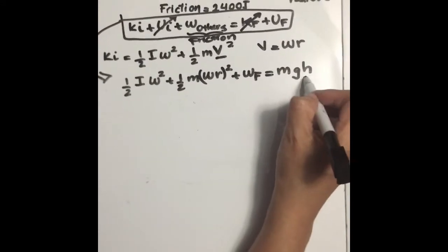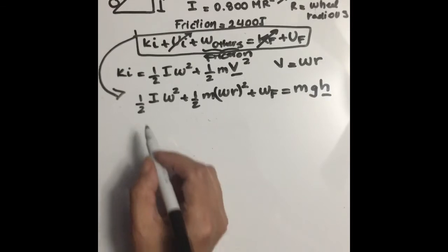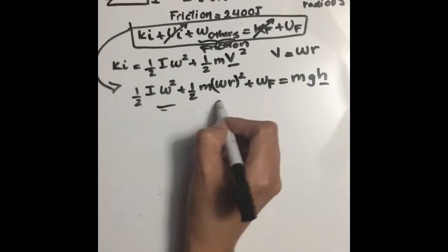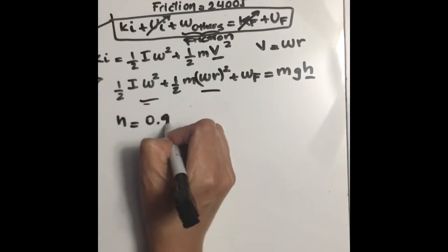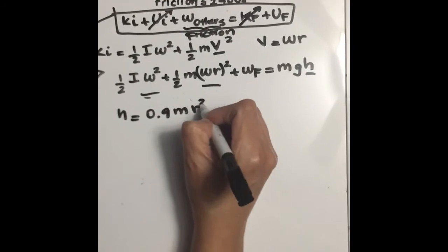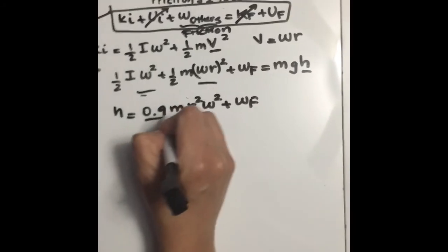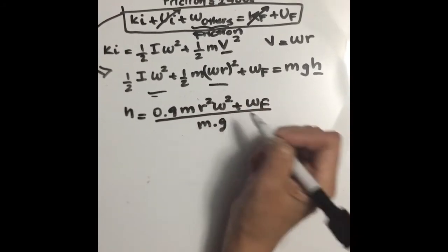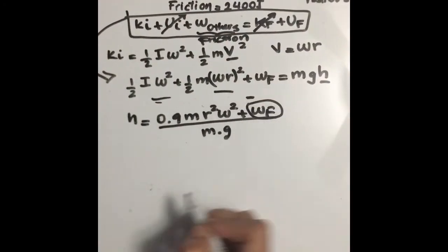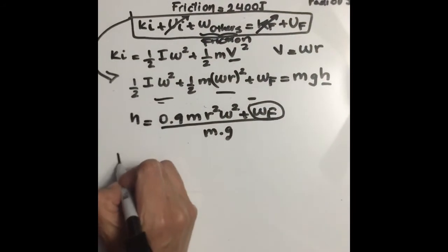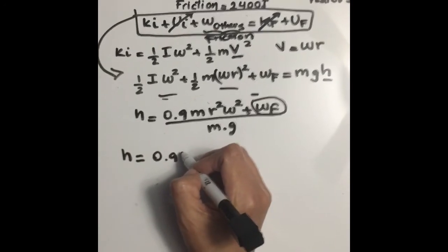So what we are looking for here is the h value where the wheel stops. Putting this together, we end up with h equal to 0.9 mass times radius squared times angular velocity squared plus the work of friction, over the mass times gravity. We need to note here that the work of friction is against the motion, so it's going to be negative. And then we put in all the values that we know. It's going to be h equal to 0.9 times m, the mass of the wheel, which is